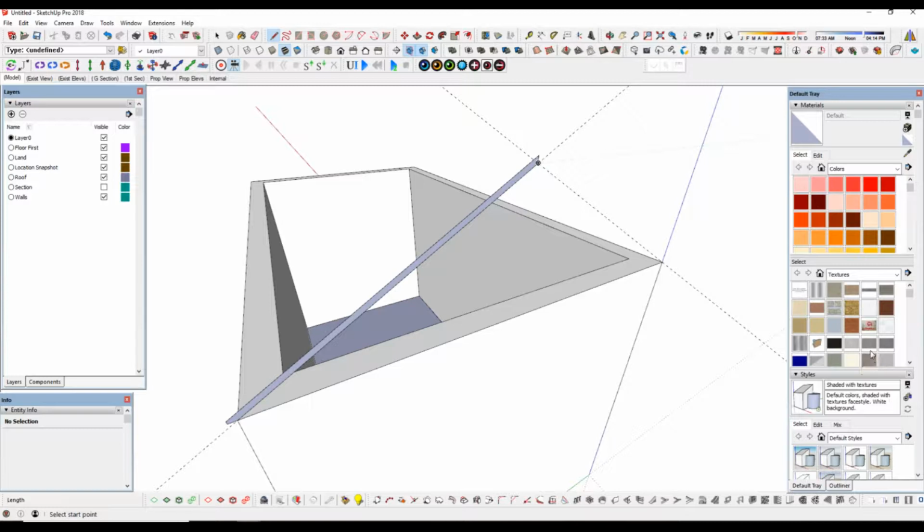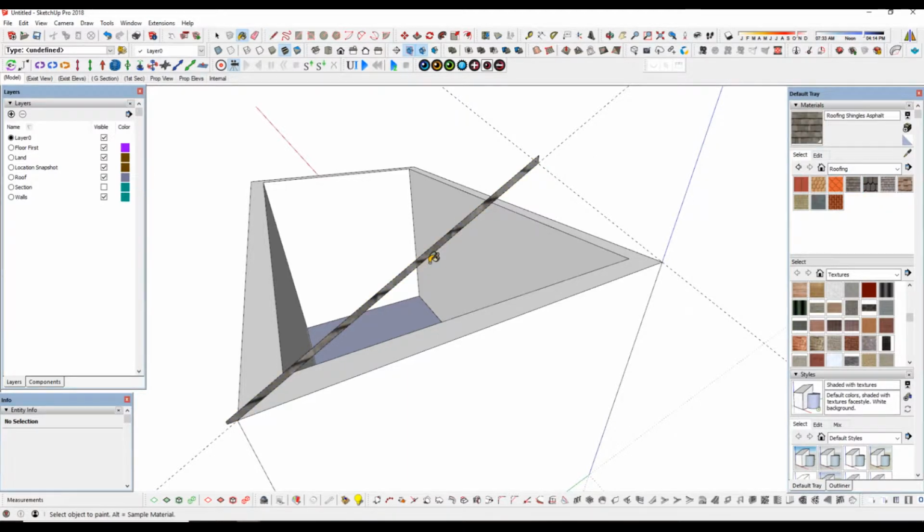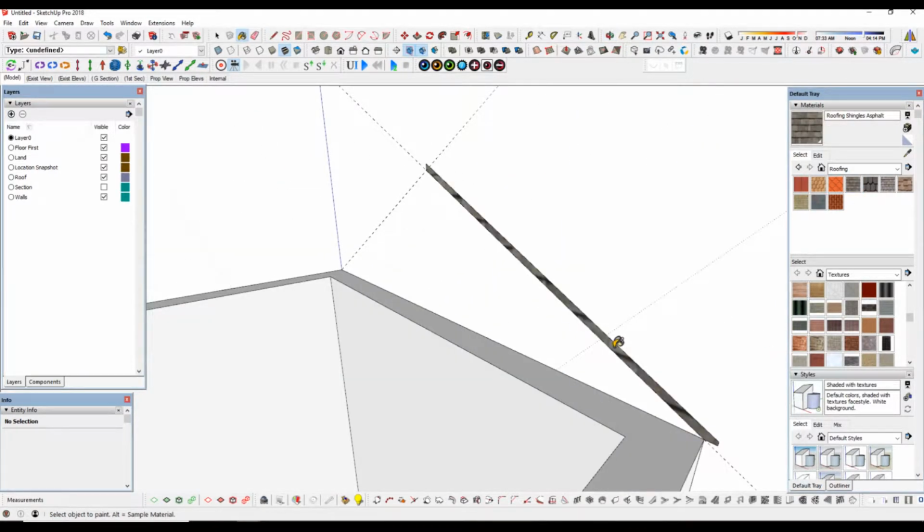At this point I would normally use whatever roof texture. I've got my own list of roofing, but I'll maybe use one of the Sketchup ones. That's quite a good one, and if you paint it on both sides,